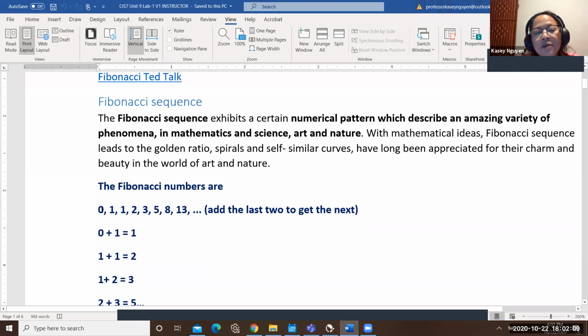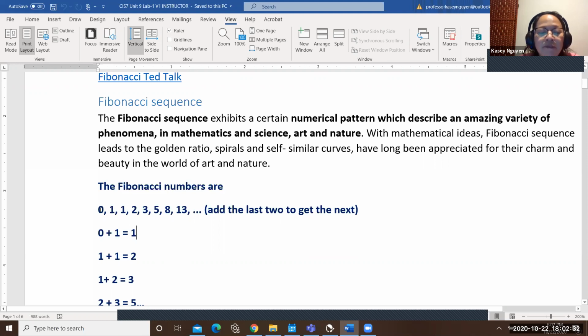So A of 0 is 0 and A of 1 is 1. In this case, we would take 0 plus 1, we would get A of 2, that would give us 1, and so forth. We take the two previous numbers and add them together to get the next value.